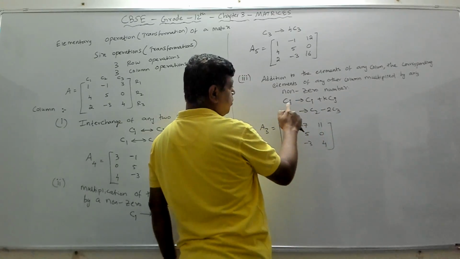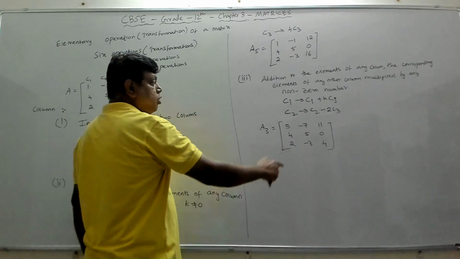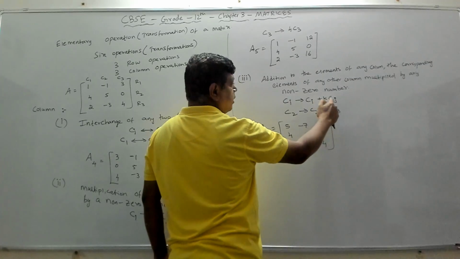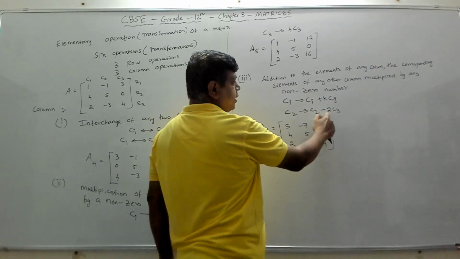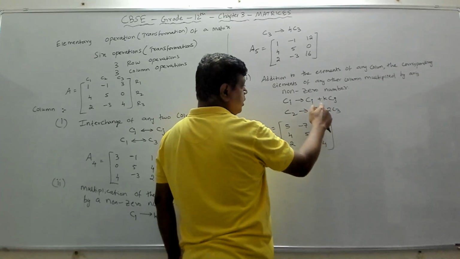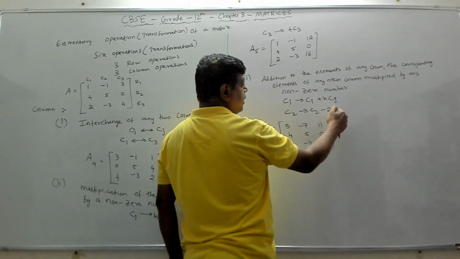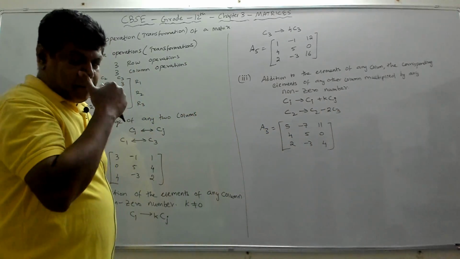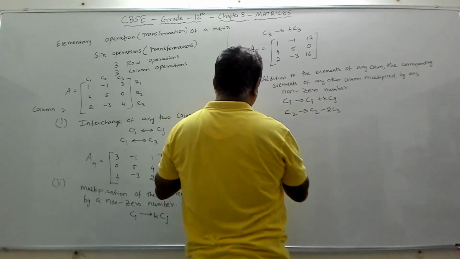See, remember always these two have to be same. If I put C2 here, I should put C2 here also. And there should not be any number multiplied here. So C2 means it should be C2. Then here minus or plus, it doesn't matter because k is minus 2 here. So don't think here it is plus, why it is minus. So here k is minus 2, which means it will become minus 2 of Cj. It can be any other column other than this. I can put either C1 or C3. Anything is fine. So if you apply this operation on A, then I'll get A6 matrix.